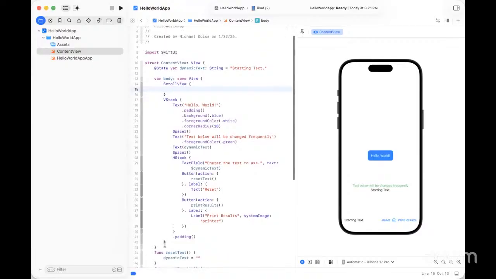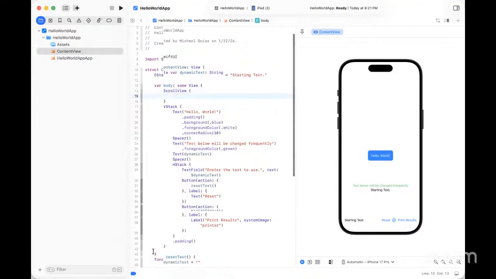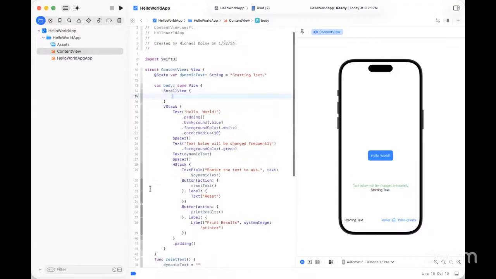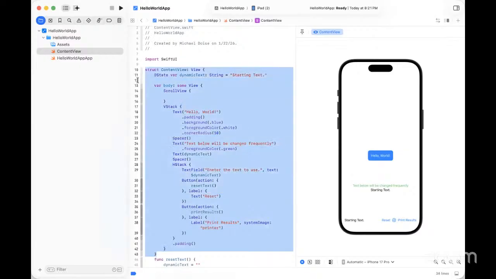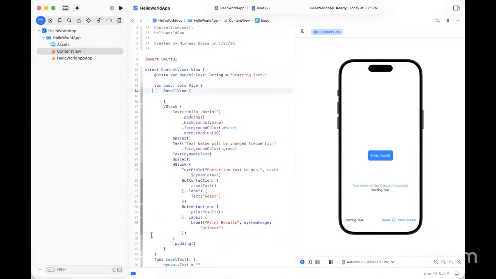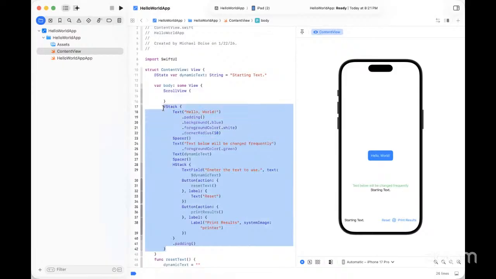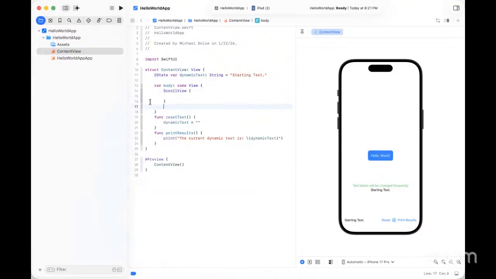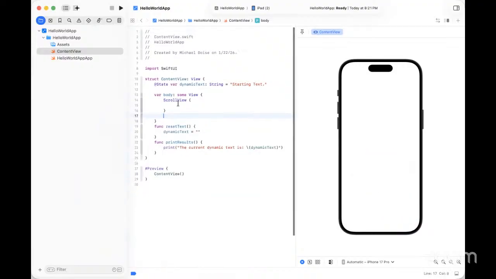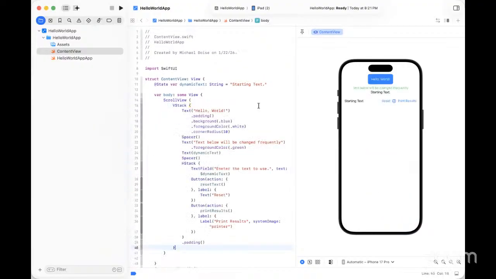Let's see. Sometimes just knowing which parentheses should be grabbed is difficult. That is the one for body. So one more above that. And we're just going to grab everything,